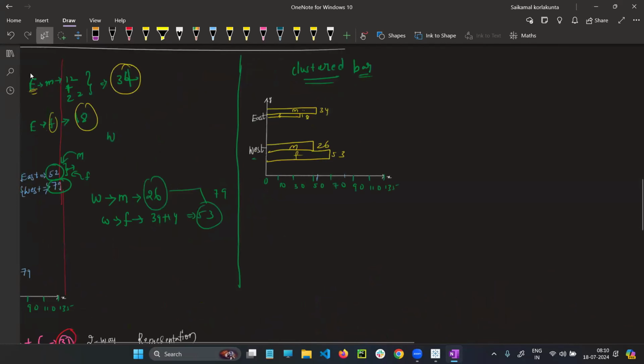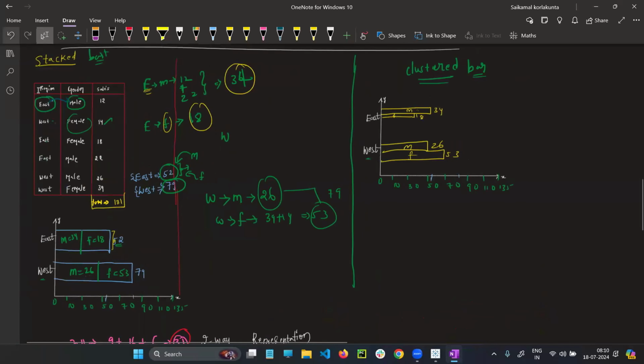See, for example, this is the data. Total east 52, west 79. Out of 52, male 34, female 18. In the west, male 26, female 53. A bar you are dividing into two pieces. This is stacked. But if you see the clustered here,